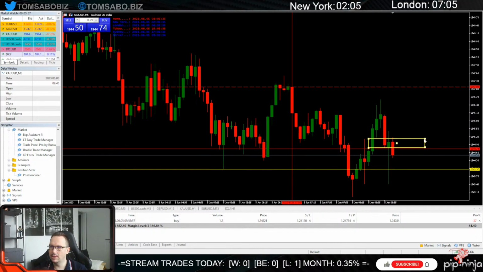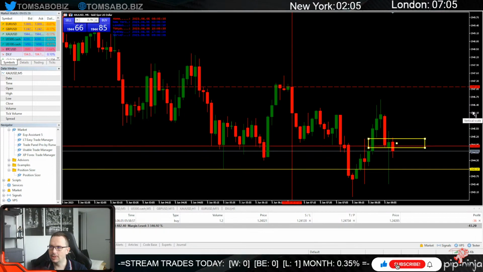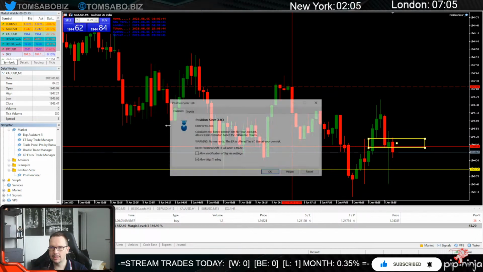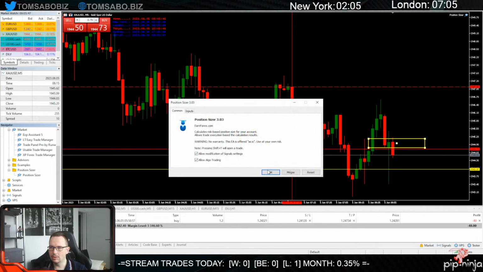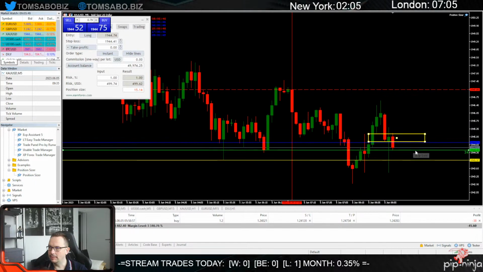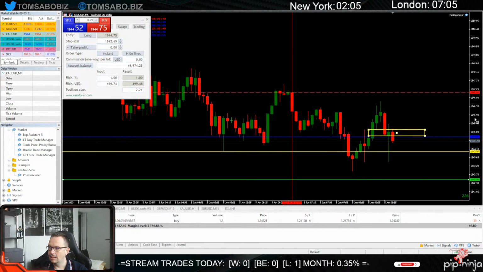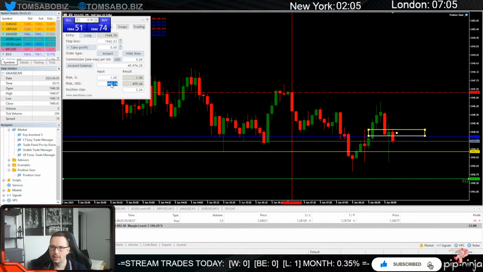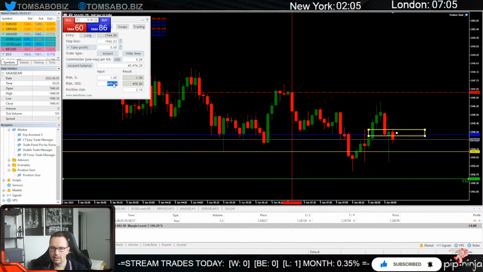We have the fair value gap. We have our optimal trade entry. We had a structure break here. It is what it is, guys. I was waiting for this trade all morning. I'm going to put this a little bit lower here, and I'm going to be putting,